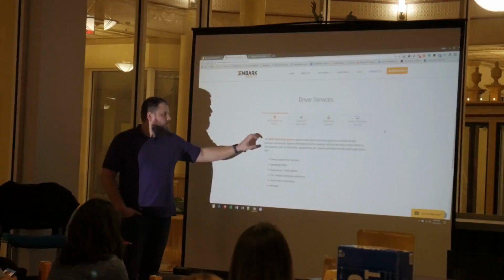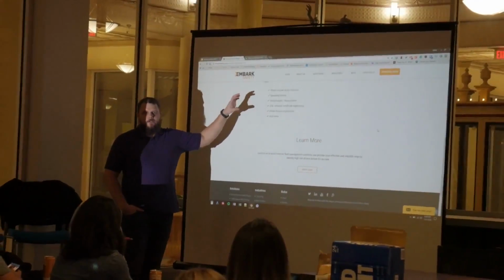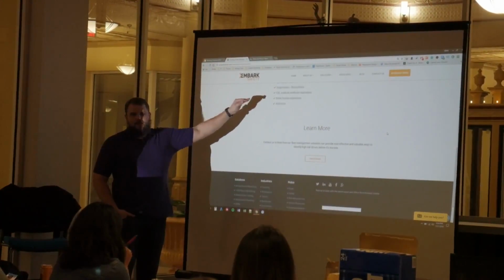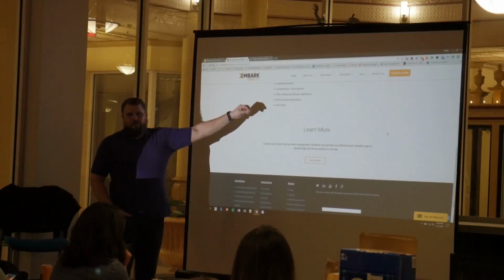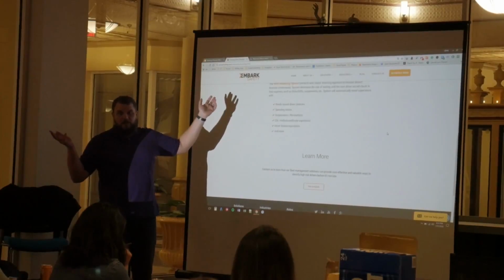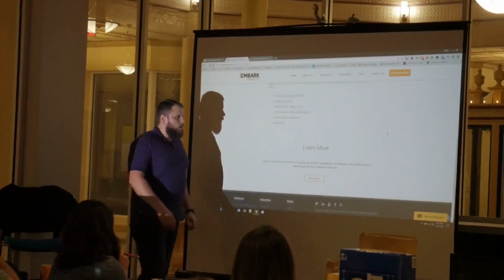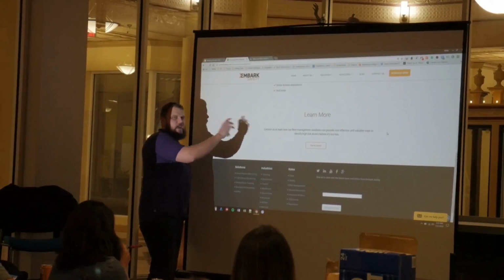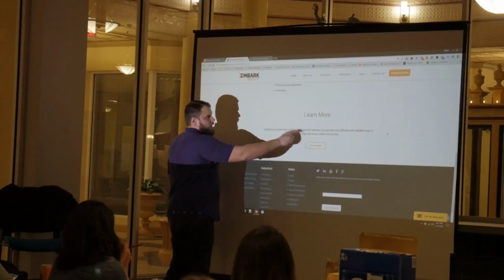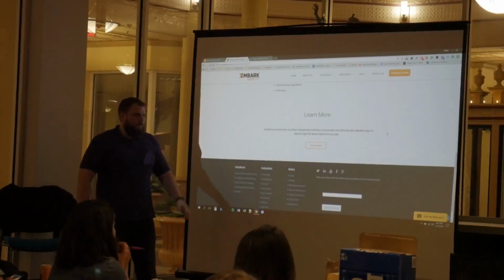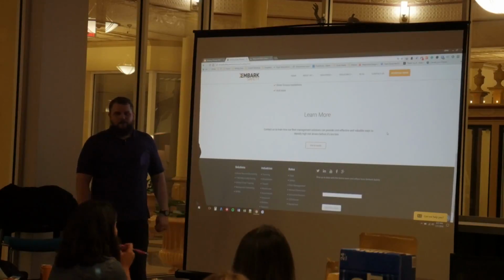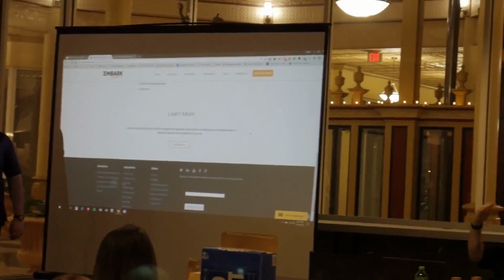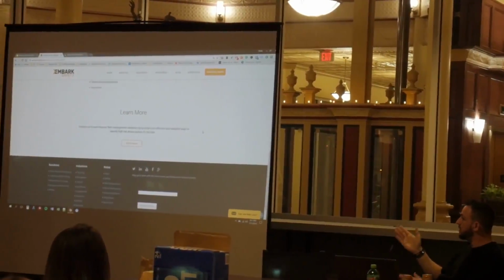So if we scroll down, again, just kind of building that out. Look at the value, the benefits instead of the features. Why do I need it? You reduce accidents. You save lives. You help businesses save money. That's what your thing does, right? And then learn more. I always like to have a ribbon that stands out. So I would almost do it like the background is yellow with a white button and white text or something. Just make it stand out. I'm not a developer or a designer. So that's kind of the patterns.